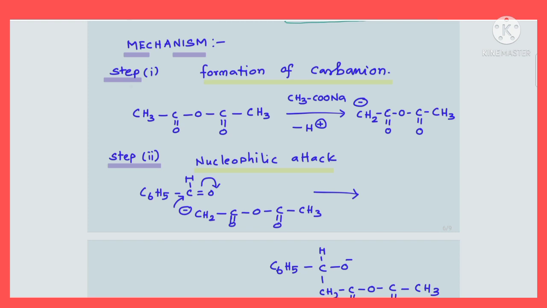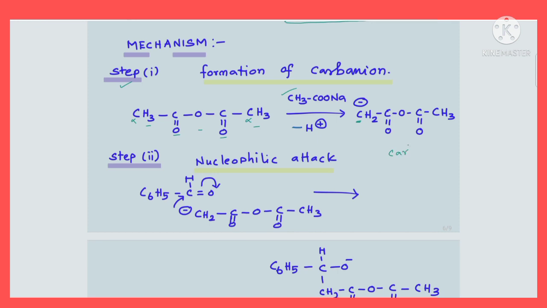Okay, right. Here also the first step is nothing but formation of carbanion. Actually the aliphatic acid anhydride, that is CH3CO-O-COCH3, so acetic anhydride, in presence of a base CH3COO minus will lose an alpha hydrogen. Actually both these are alpha hydrogens, so you can remove an alpha hydrogen either from the left side or the right side. So one alpha hydrogen will be removed as a proton. I have removed the alpha hydrogen from the left side, so that left side carbon is getting a negative charge. So you get a carbanion of formula CH2-CO-O-CO-CH3, with a negative charge on the carbon.